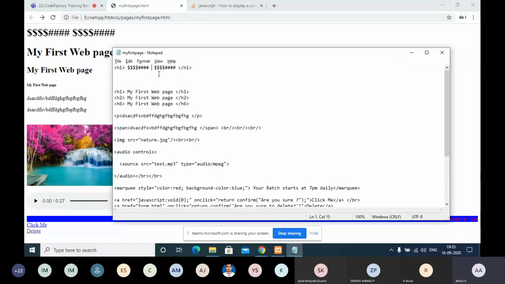Now if I want to make some space here using an HTML entity, I can use one. Every HTML entity starts with the ampersand symbol. For example, I am typing ampersand NBSP, and we need to put a semicolon.